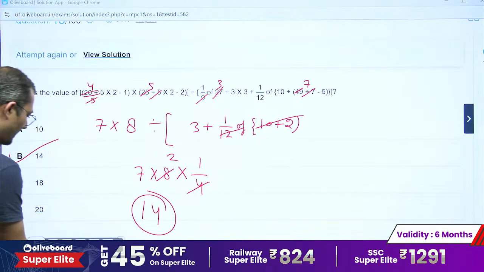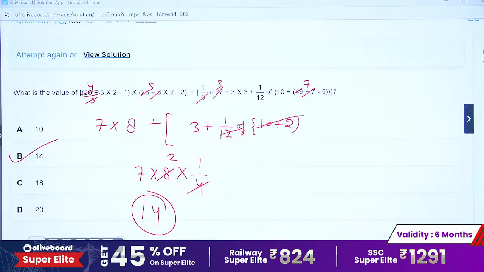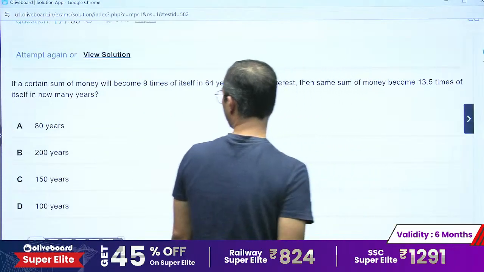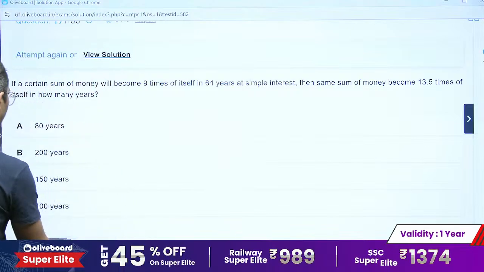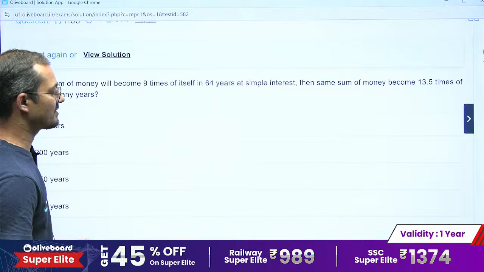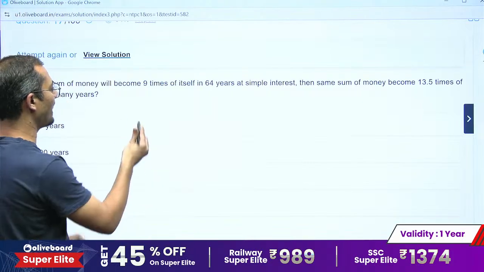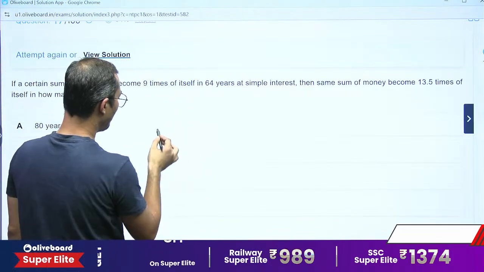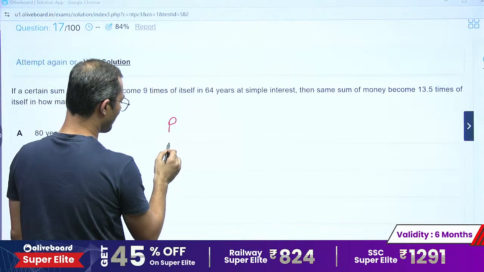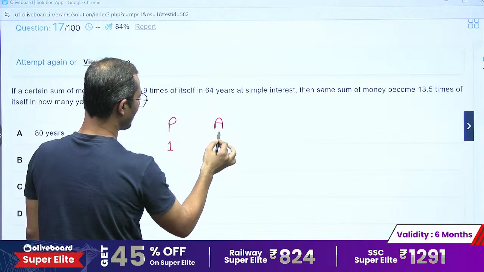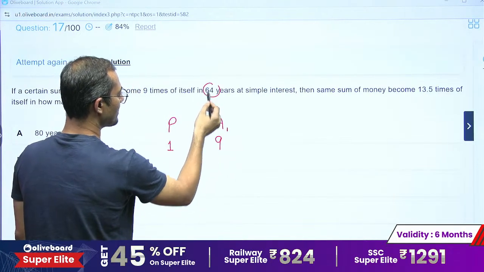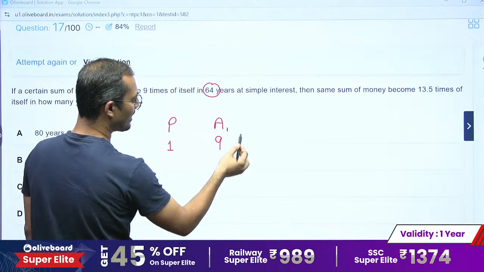Okay, so moving to next. Is this clear? Question number 17. Tell me what is the right answer for this question. See, a certain sum of money becomes 9 times of itself in 64 years. If I say that the principal is rupees 1, it is becoming 9 times, right? It is becoming 9 in how many years? 64 years. Now the question is asking in what time it will become